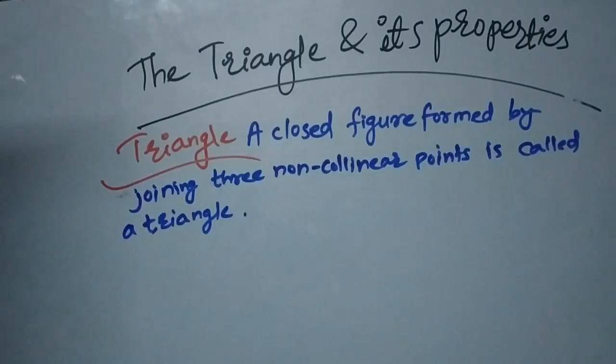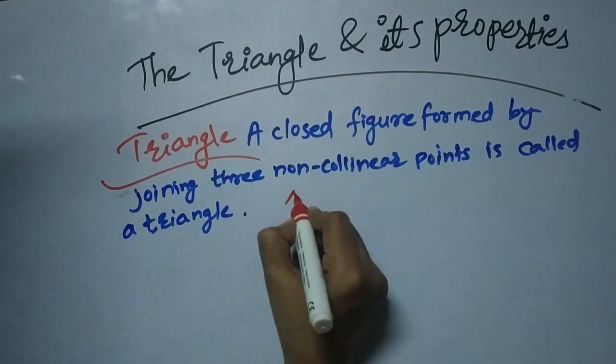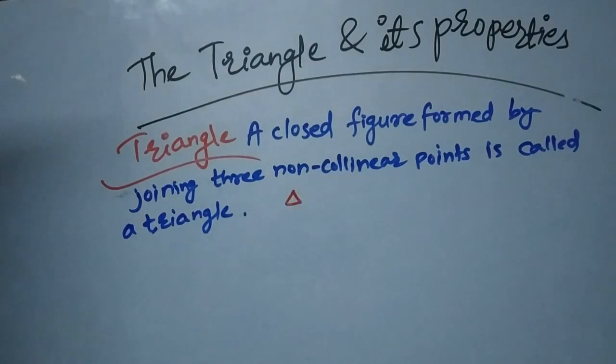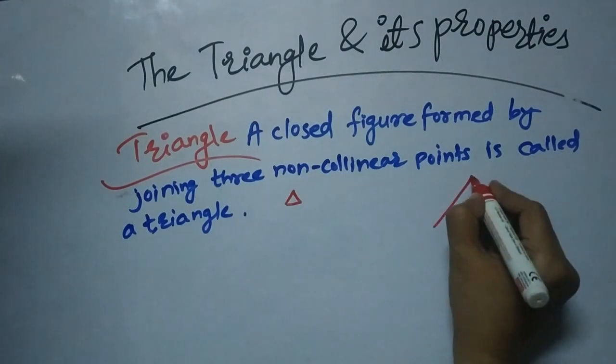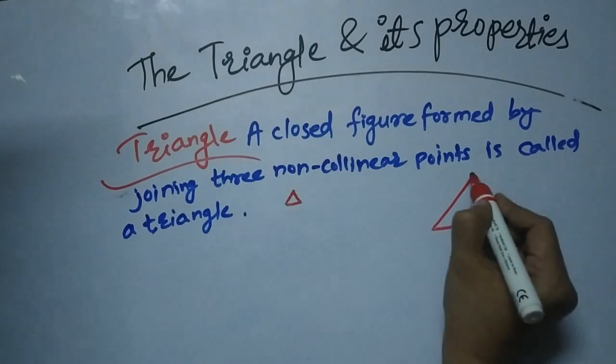So friends, first of all we'll see what is a triangle. A triangle is a closed figure formed by joining three non-collinear points. You can also say that a triangle is a plane figure bounded by three line segments. And friends, we have a symbol to denote the triangle, as shown in the diagram. For example, I will draw here one triangle